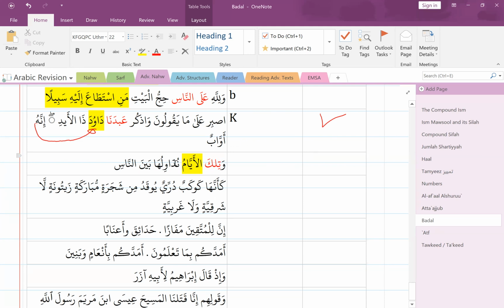So you can actually say wal ayyamu nudawiluha, and the days we change them. And you can also say watilka nudawiluha, and they, we change them, like the days we change them. So you can see how it's a badal. And of course, what kind of badal would that be? Badal al-kull. Exactly. Right now you translated this as "they, we changed them," but it wasn't clear what "they" is. Yeah, but I'm pointing to something when I say they. Okay, got it.